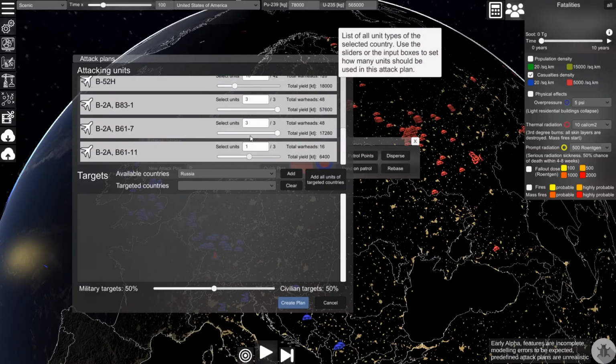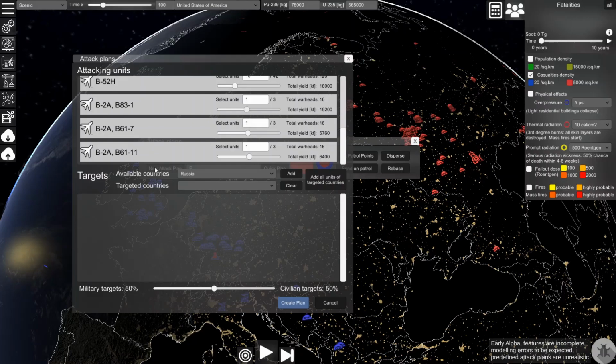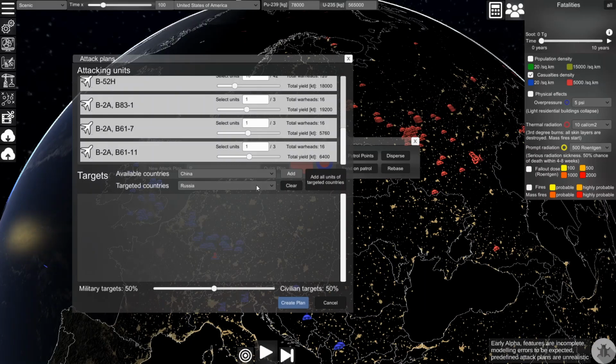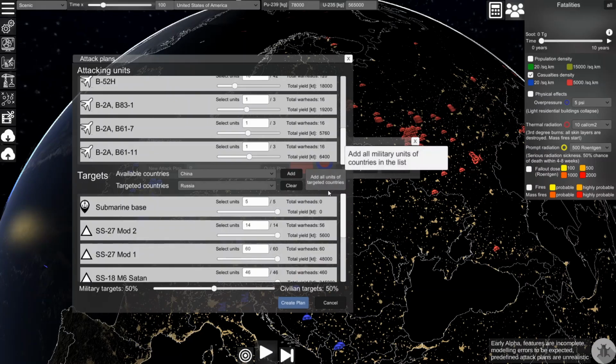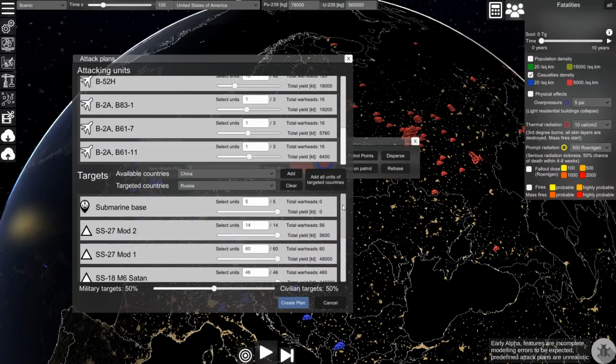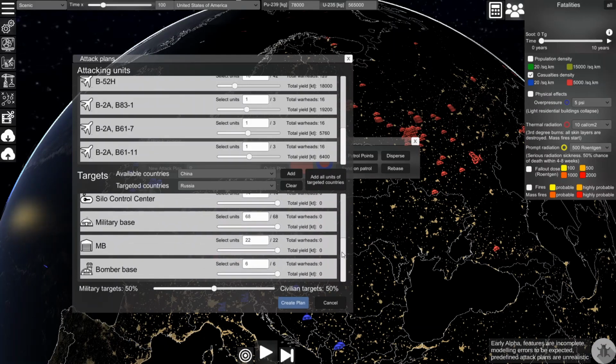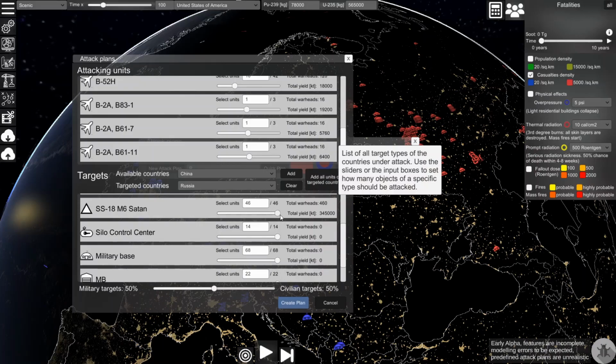So now we have selected our units, and here we can select the targets. We can select the countries. Let's take Russia. Let's take China. So now Russia and China will be attacked, and by clicking this button we will see all the units available to be attacked. And again here we can use the sliders to select how many of these units should